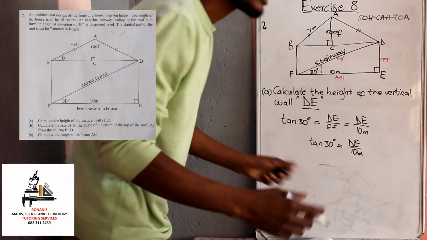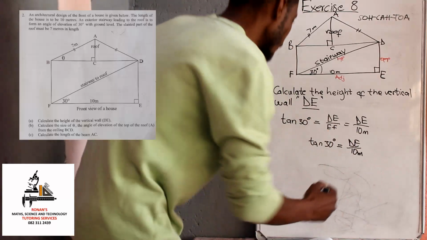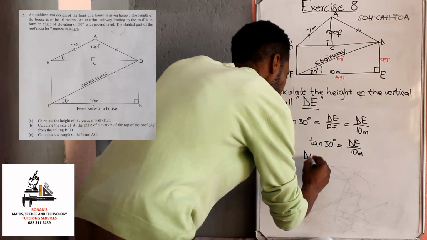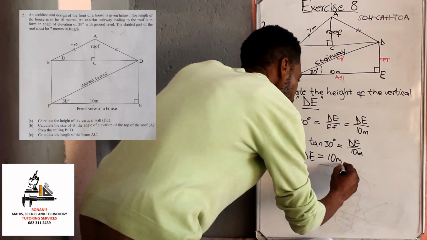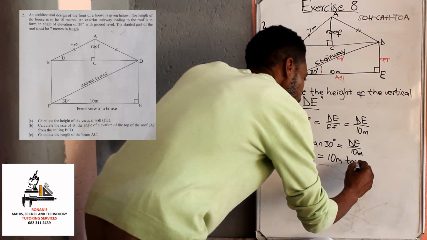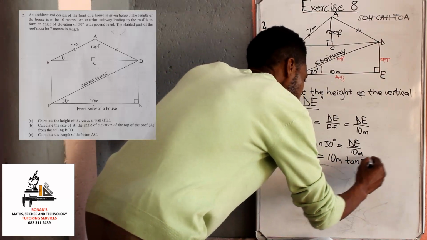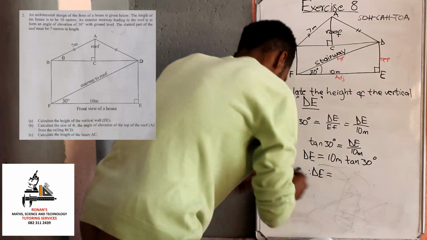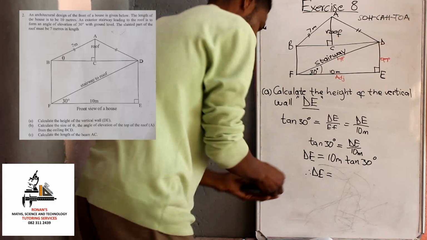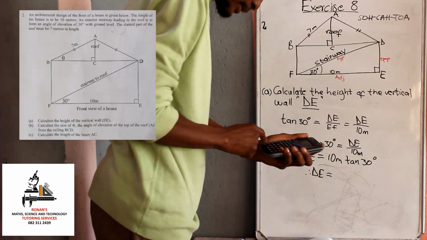By cross multiplication and making DE the subject of the formula, DE will be equal to 10 meters times tan 30 degrees. Therefore, DE equals, punch that into the calculator, 10 times tan 30 degrees,